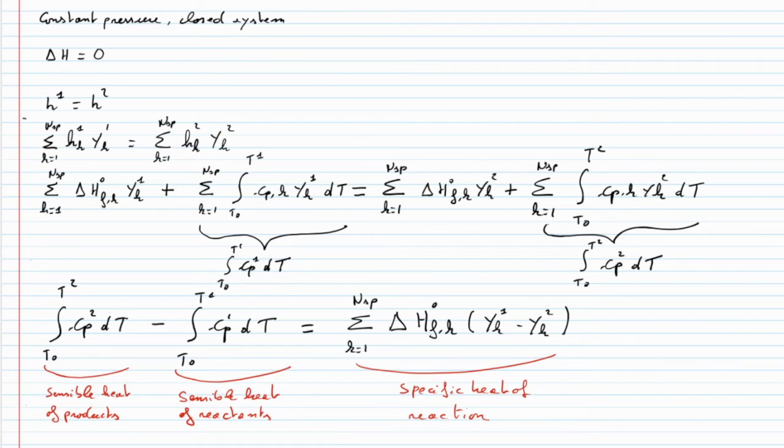Chemical energy contained in the fuel is released when the reactants are transformed into products. It involves heat that is quantified by the specific heat of reaction on the right-hand side. In an adiabatic system, this heat serves to warm the burned gases. It explains the variation of sensible enthalpy on the left-hand side. Therefore, combustion is a process for which the total enthalpy is constant, and where the chemical enthalpy is converted into sensible enthalpy.